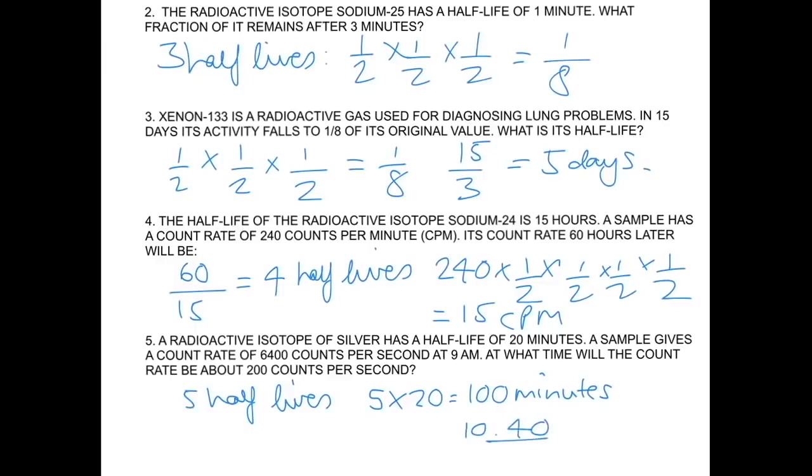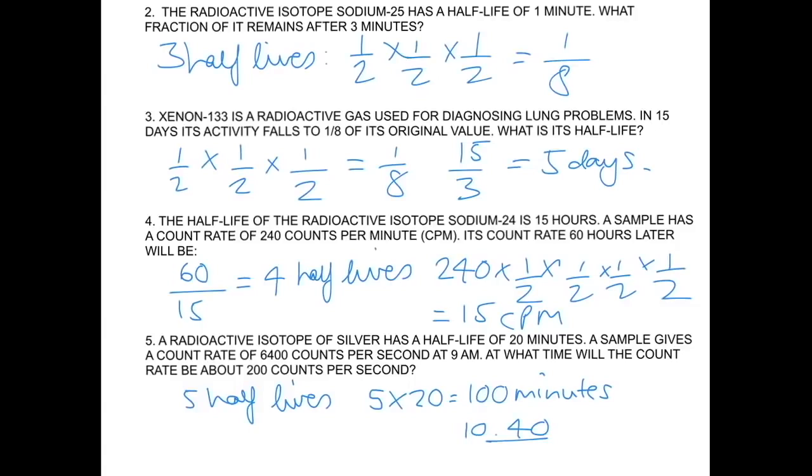Like I said, just use trial and error to work out how many half-lives have occurred. Practice doing as many questions of these as possible in order to get good at answering the different types of question. Remember, when you're reading off graphs, to look at, you can read off the half-life by looking at how